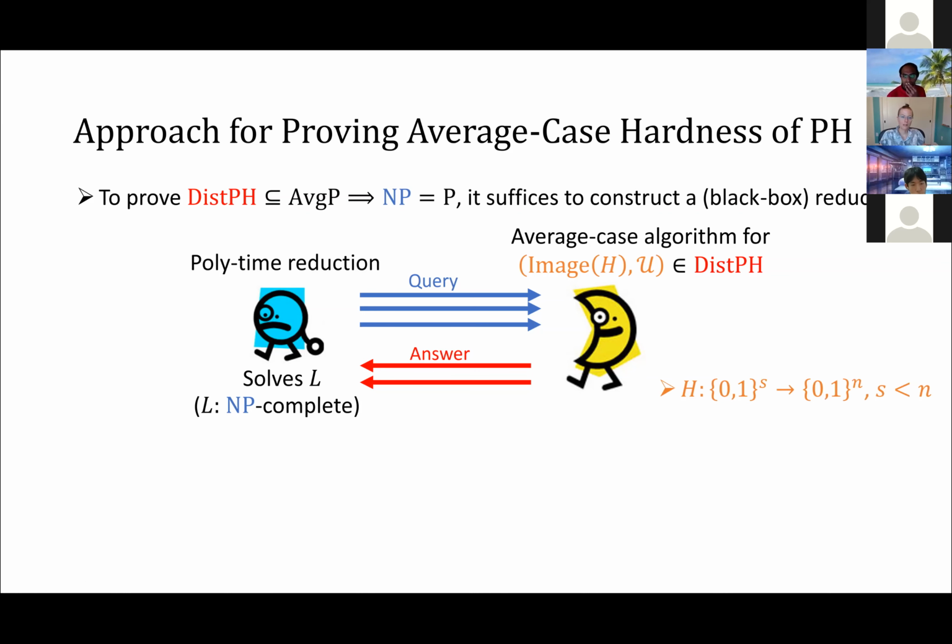And what we showed in this work is that unfortunately, there are limits of black box reduction. What we showed is that for any function H, we can't hope to get such a polynomial time reduction, which is randomized and non-adaptive, unless L is in co-NP/poly, or otherwise the seed length should be quite close to the output